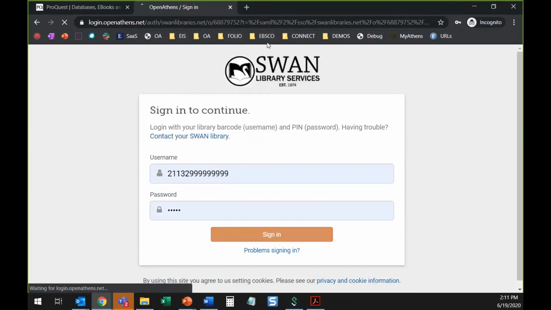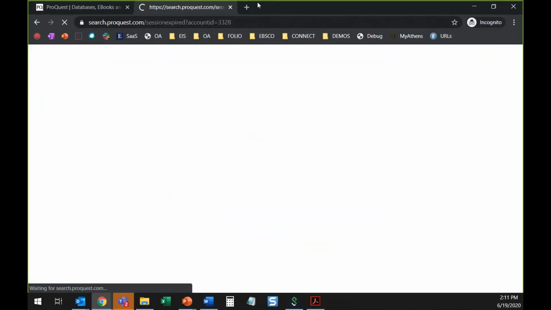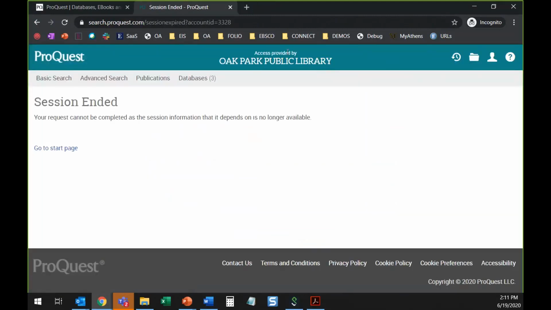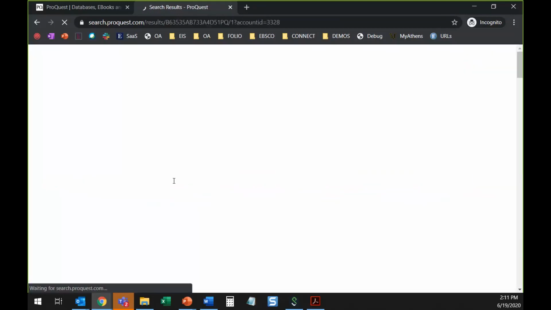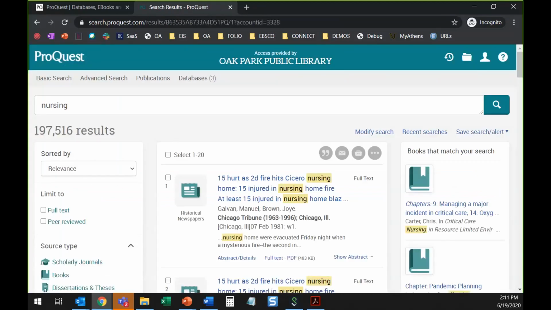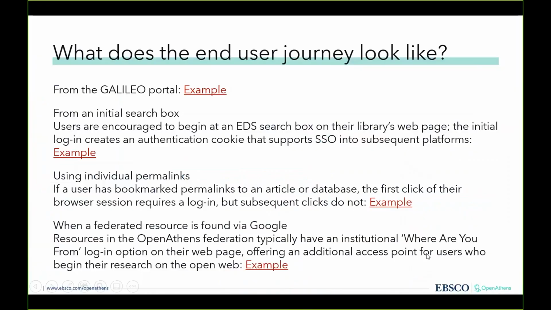So this is a huge benefit if you're a library who's supporting patrons who are starting their research in a bunch of different places and frequently starting their research out on the open web. So again, I found a way in through that back door. I can be recognized as a member of my library and go ahead and start my research. So that was the 25-cent tour of what it looks like to log in as an end user using OpenAthens. But if you're interested to see other types of end user experiences, I would encourage you to check out these screenshots when these slides become